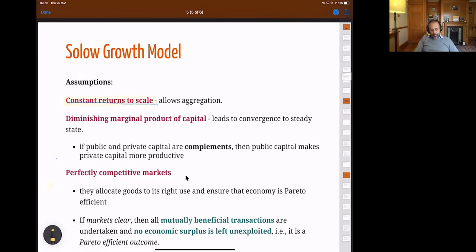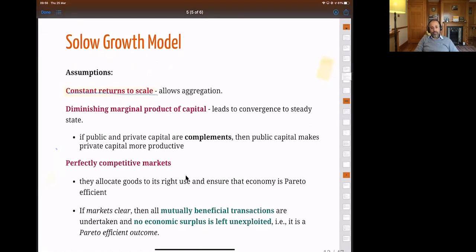The third assumption, which we may not have talked as much about, but which was implicit and obvious, was that the markets work perfectly. So in the Solow growth model, we don't have a problem with markets not working. In the Kerala fish market, the markets weren't working. But the Kerala fish market is kind of an added layer on top of the Solow growth model, because the Solow growth model is telling you right at the outset what you would get if markets work. So the key thing I'm going to say here, and it's important for you to remember this, is that the Solow growth model tells you